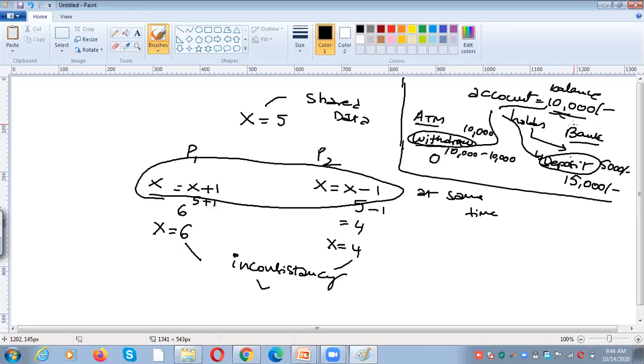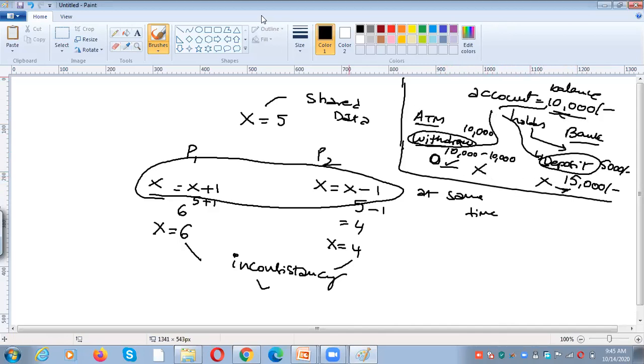If you deposit, it will be added to the balance. See here, the account balance is zero, because 10,000 minus 10,000 is zero. Here, the account balance is 15,000, because 10,000 plus 5,000 is 15,000. Which one is the correct one? Both are wrong, right?